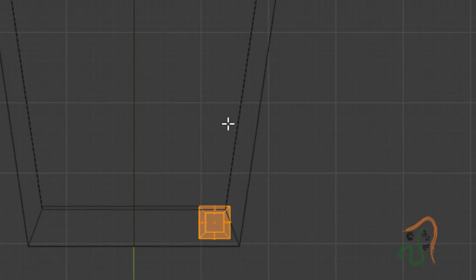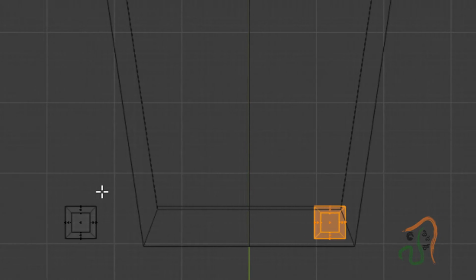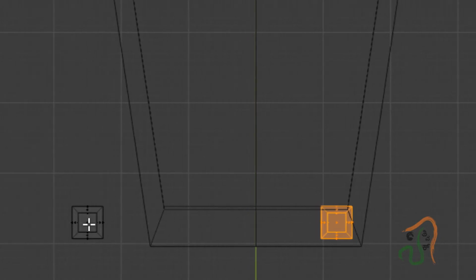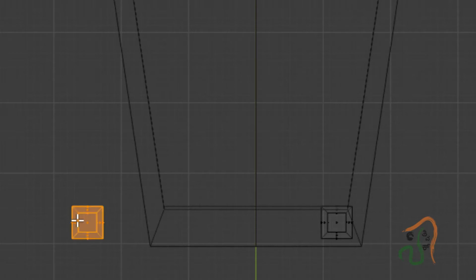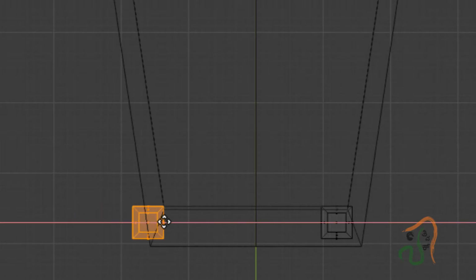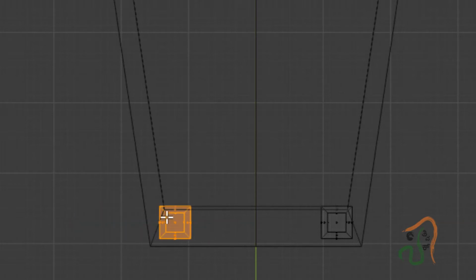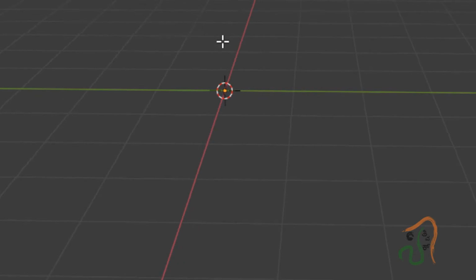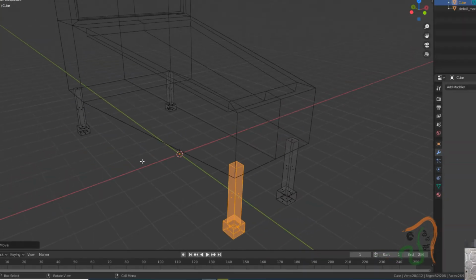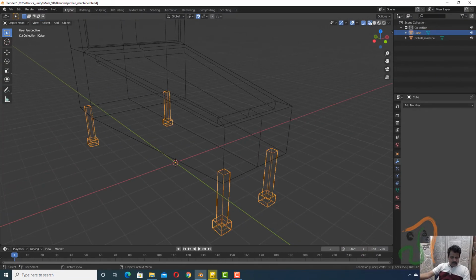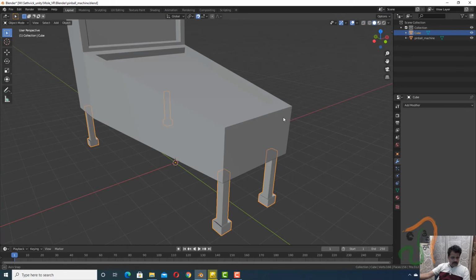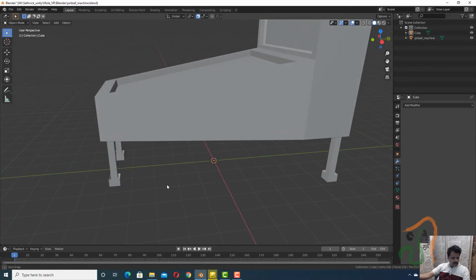If required, deselect everything, bring the mouse over this leg, press L, it is selected. Now press G, and along the X let us move it inside like this. After this, let's check whether it is fine. Then press Tab and come to shader view and check it. Okay, this is fine.